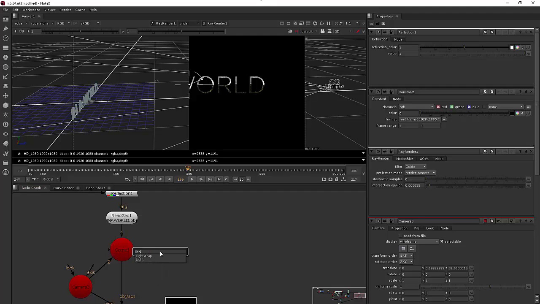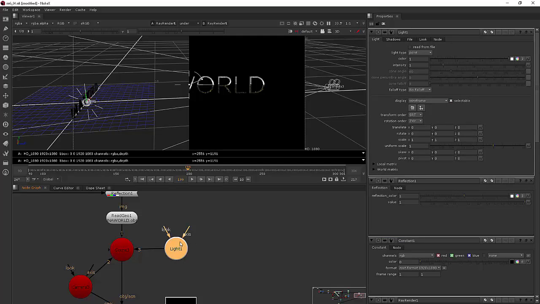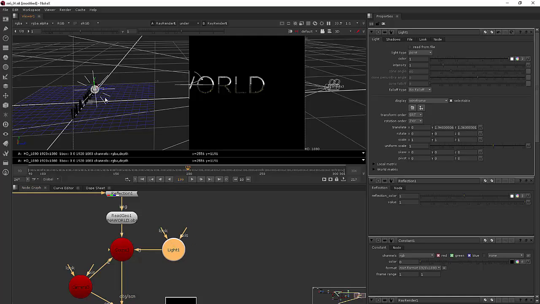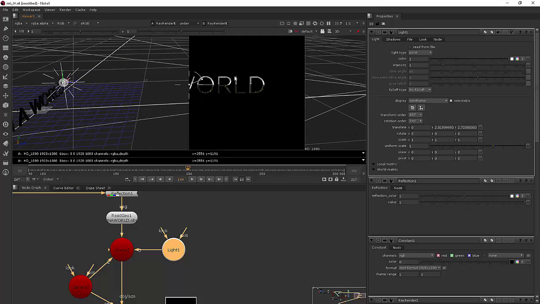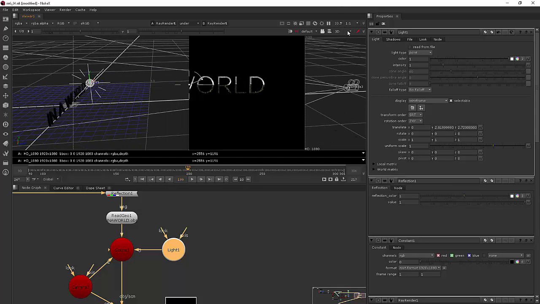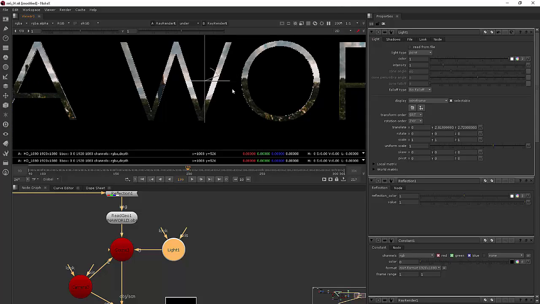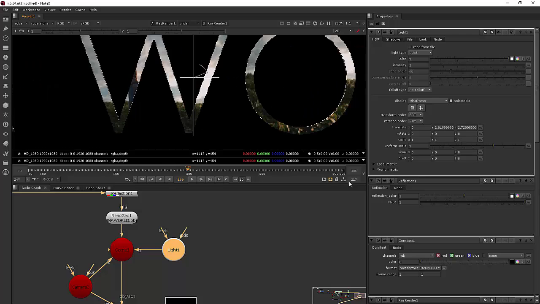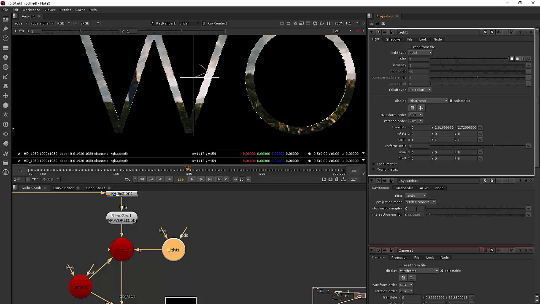I'm going to hit tab and add a light, and we'll just plug that into the scene. As I start moving this light around, we don't really see a huge change. That is because, if I come in here to the 2D, you're going to be able to see better. Two reasons, really. First of all, we couldn't see much of a change anyway with our ray render setting so